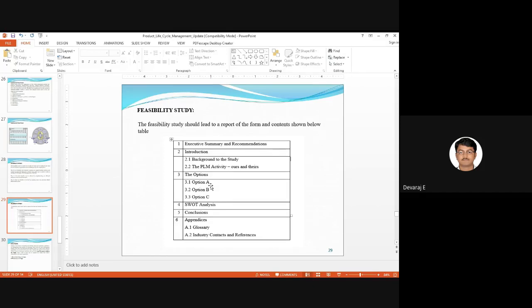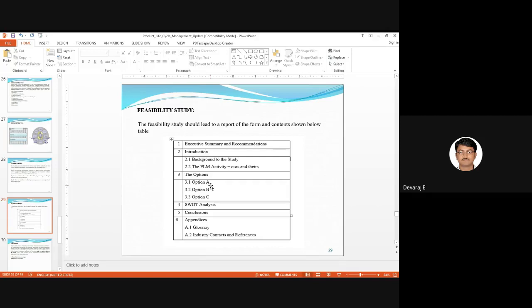Option B is the idea of option B. They will convert that option B idea into the product, make the prototype, and check it. If the product is very good, they will supply it to the customers. If the customers are happy, then they will go ahead with the option B product and keep manufacturing it until the decline.